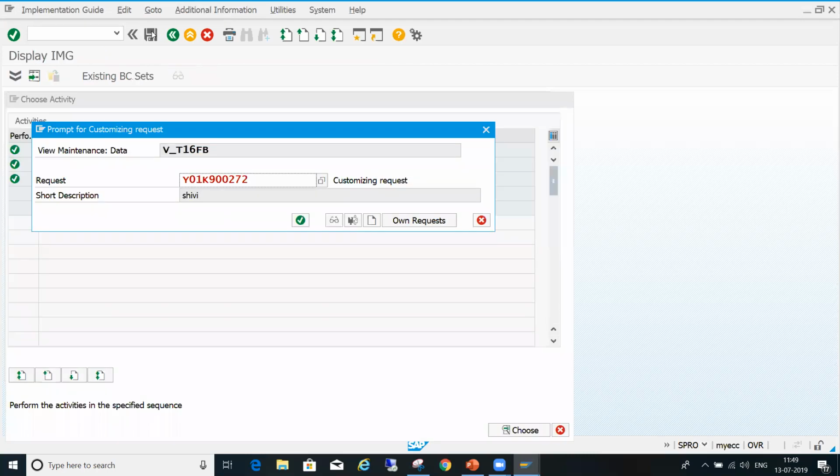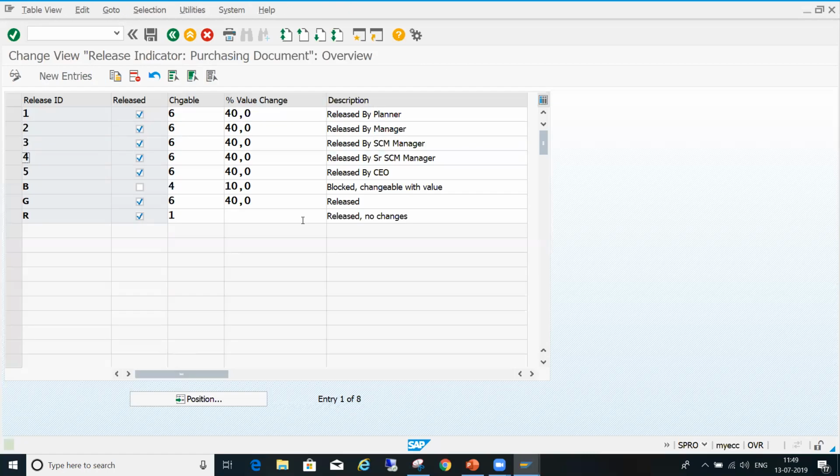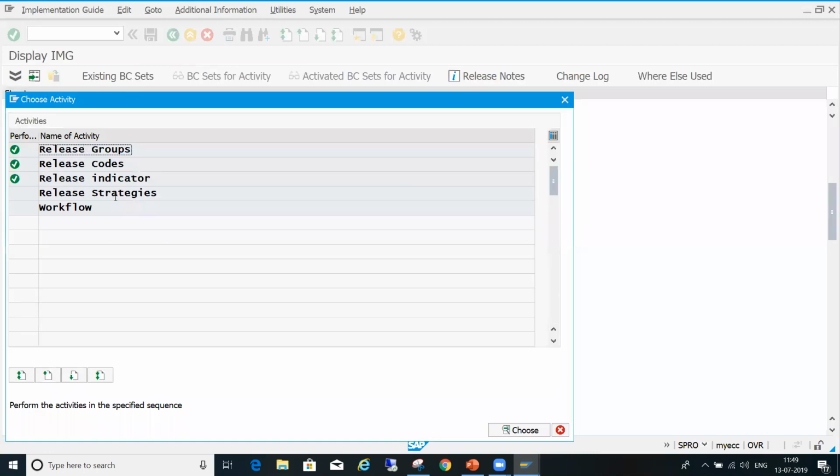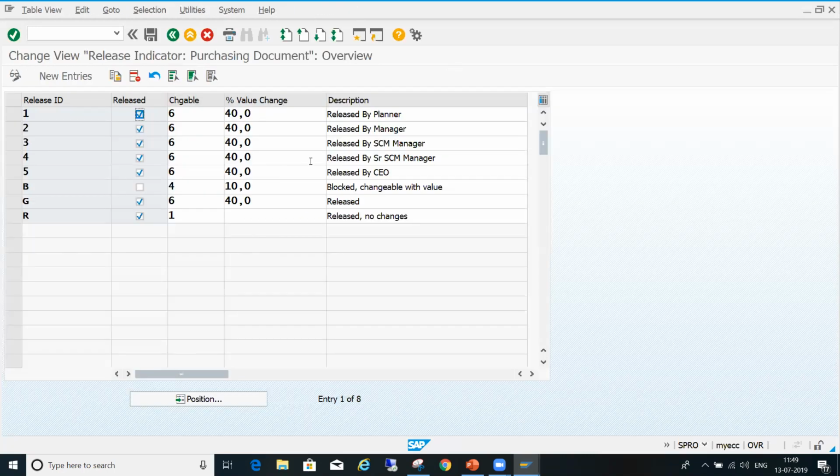So if you save it, now B means blocked. If the first one releases, it is released by a planner. Now come to the release strategy. This configuration you can make, or you need not make, that depends, but I want to show something differently.